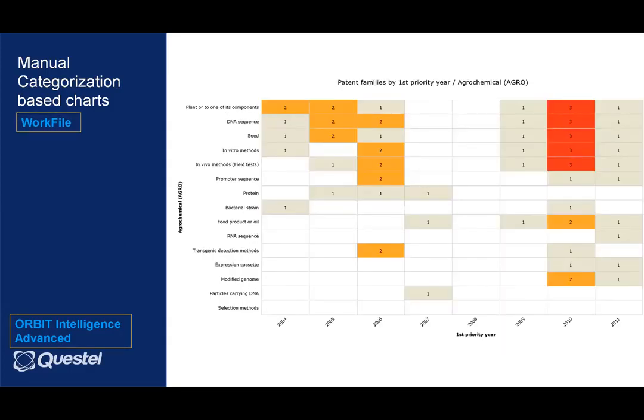You can further create two-level analysis in here, wherein for a user field which you have classified for a particular work file or a patent, you wish to tag them by a period of priority year, how they are stacked together and how they are coming up. The axis which is a first priority year can be changed to application year, classification, subclassification, jurisdiction, or any other indica which you see on a patent specification. So Orbit being dynamic can give you multiple data points which can be plotted on the fly, and you can view them for future reference.